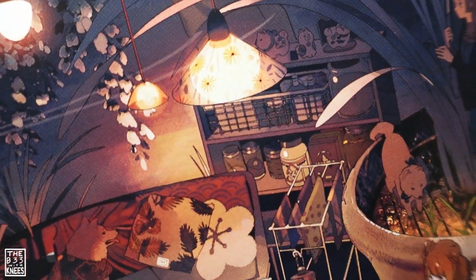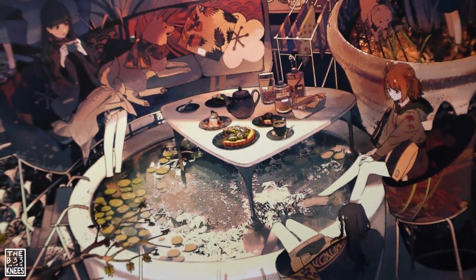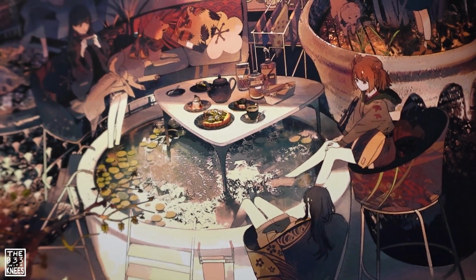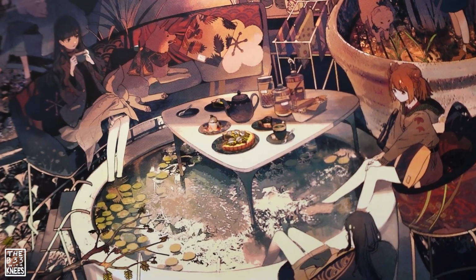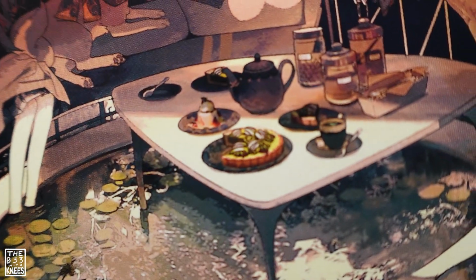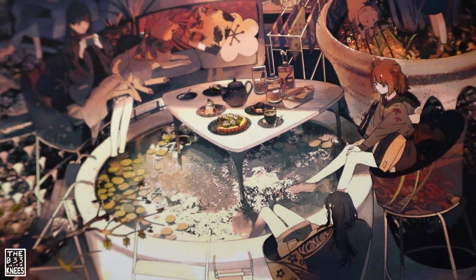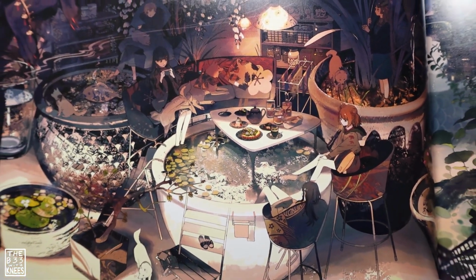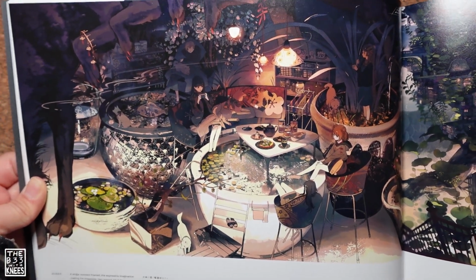I don't think you'll ever get bored of this book, because every time you look into it, you're like, oh, I didn't notice that pattern. I didn't notice that expression. I didn't notice that reflection. And I absolutely love it. Look at this meal. They were in the middle of eating, they're hanging out with each other, they're relaxing. I want to be a part of it, and that's a true gift,